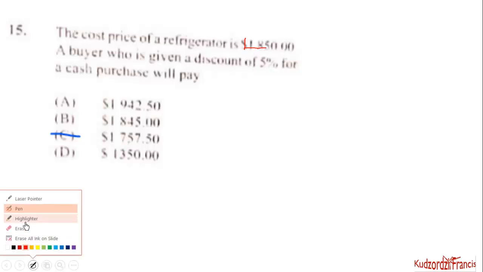The cost price of a refrigerator is $1,850. Now, a buyer who is given a discount of 5% for a cash purchase will pay. So the buyer is given a discount of 5%. Therefore, we are not going to let the buyer pay 100%, but we will let him pay 100 minus 5% because the discount has to be subtracted. So 100 minus 5 out of 100